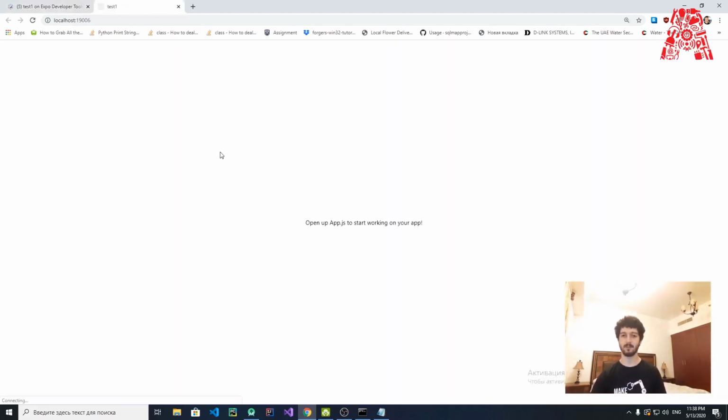Starting Webpack on port, and that's it. As you can see on the title, it's a test one, and it says open up app.js to start working on your app. This is just a text. It's just a label that is by default created in our app.js